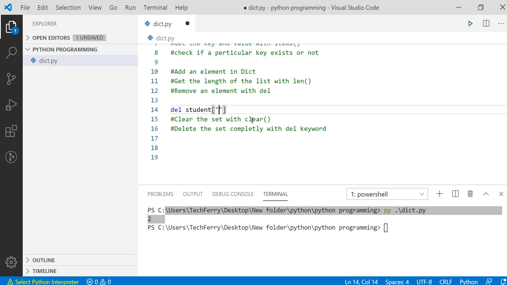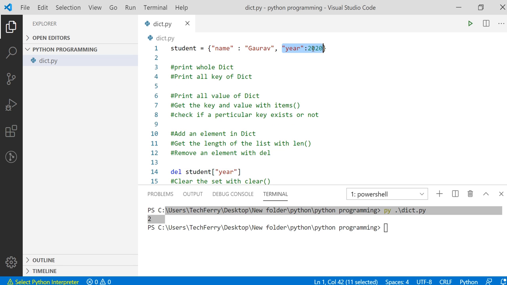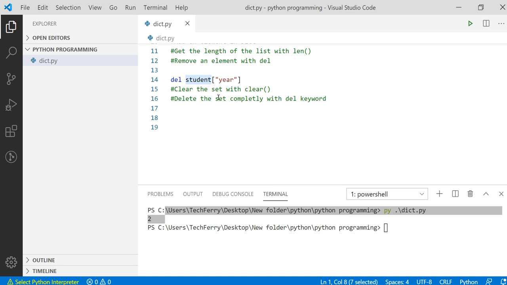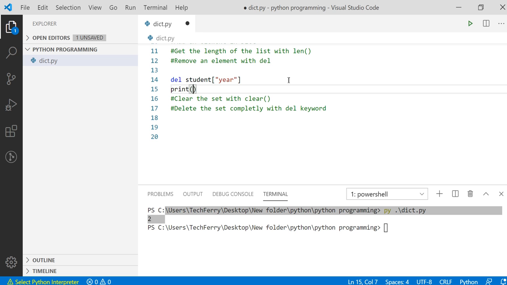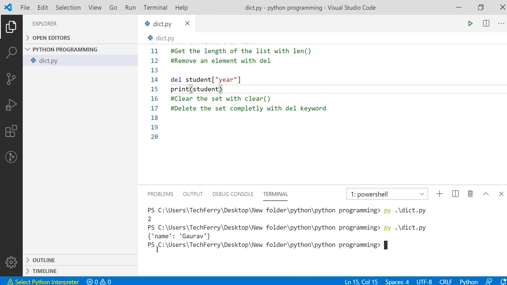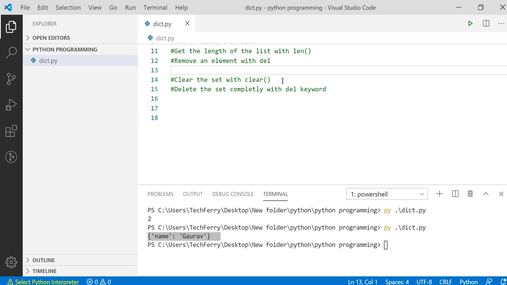In this case I want to delete the year element from my dictionary student. If I print student and run it now, you can see that we have only the name element remaining, because we have deleted year from it. So this is the way we can delete a particular element from our dictionary.